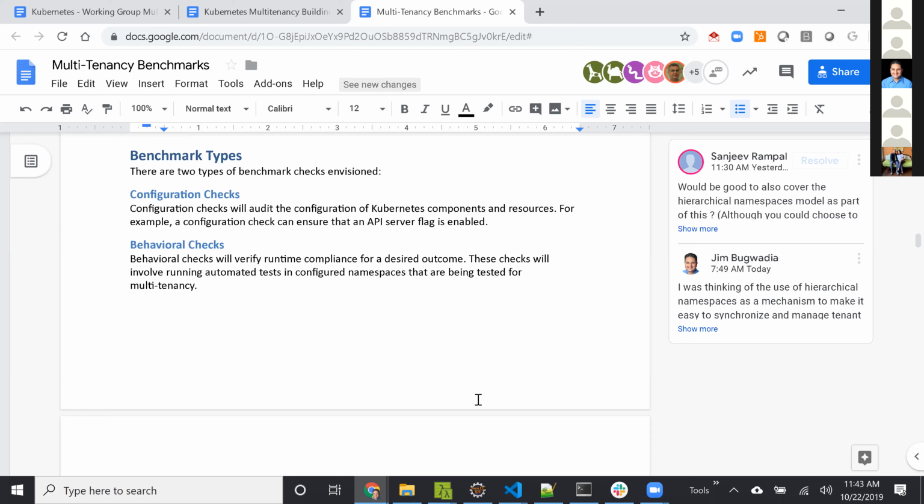A counter example would be, for instance, everything related to networking, right? If you want to test network isolation between two namespaces, you know that there are multiple ways of achieving that, right? One way is to use network policies, which is a Kubernetes construct, but you could do that outside of Kubernetes itself, by relying on the infrastructure. So in that case, checking the configuration wouldn't be sufficient because some implementation may decide to implement that outside of Kubernetes. So in that case, you really want to test the outcome, the behavior itself.